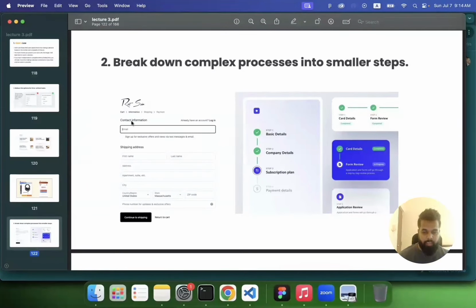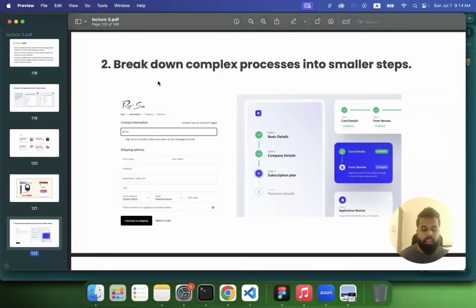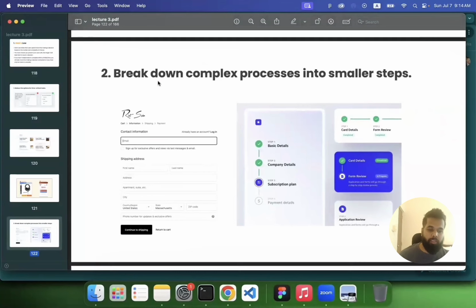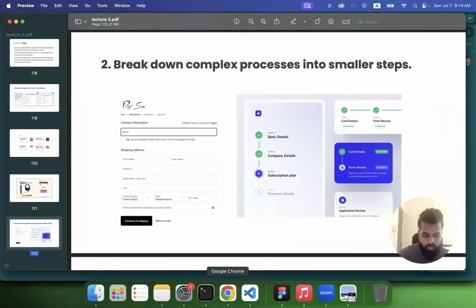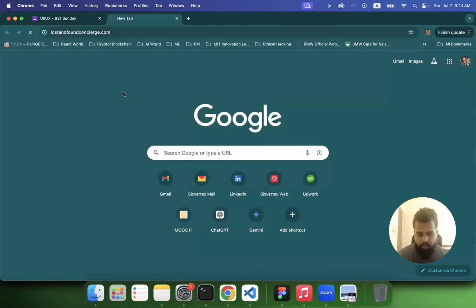On the left-hand side, we also have breadcrumbs, so the users know where they are in the process. They completed the cart process, and now they are in the information step. They have to complete shipping and payment. So that is another way that you can break down complex processes into small steps. If I show you an example,